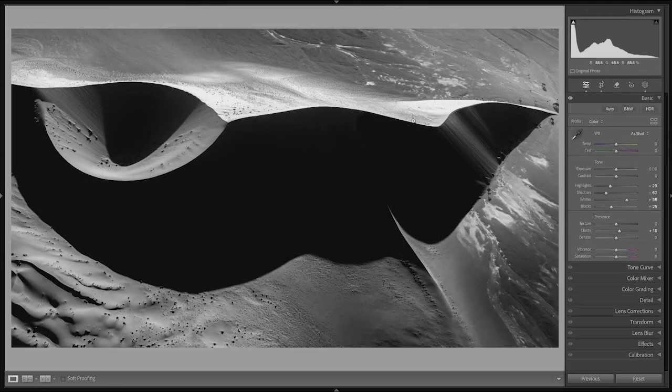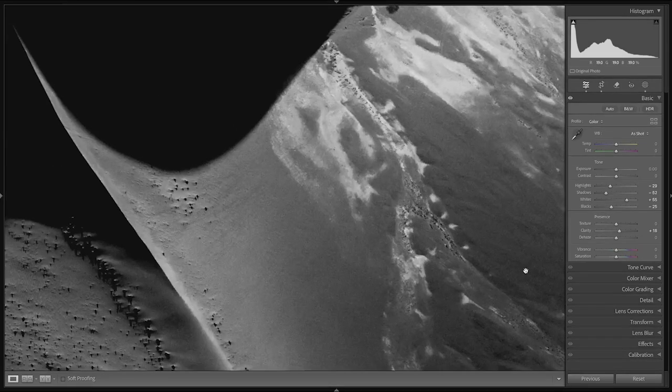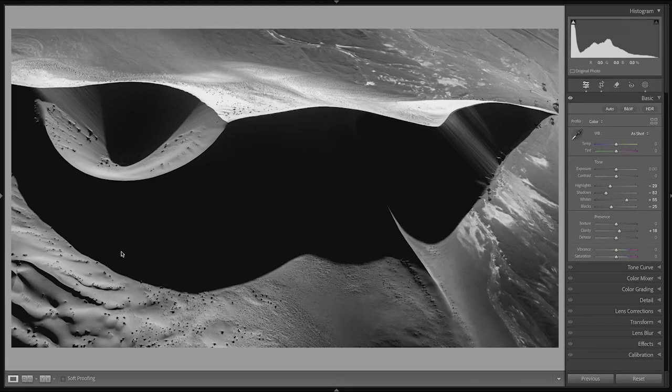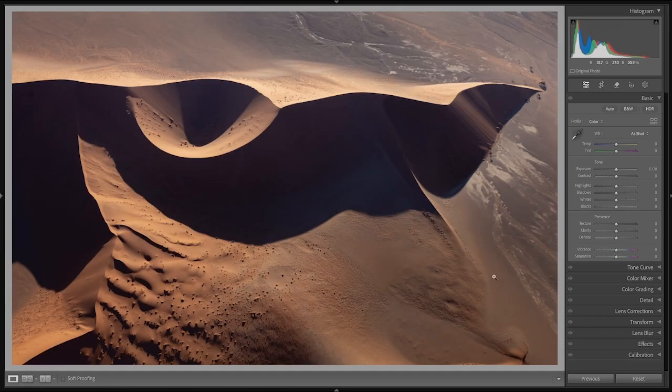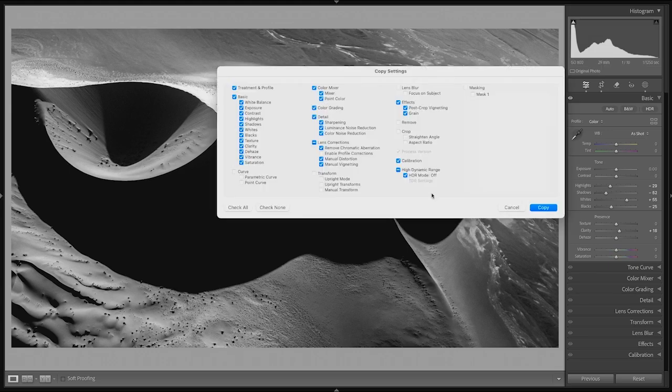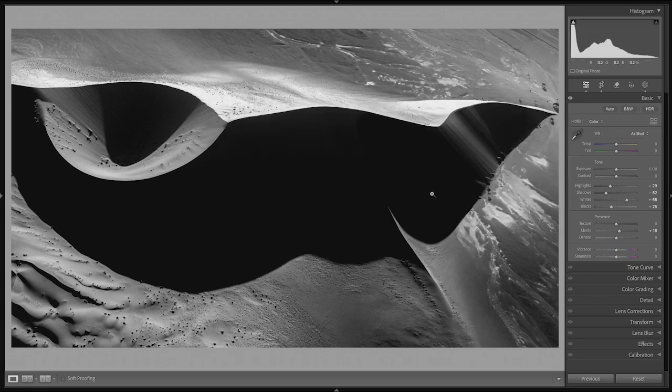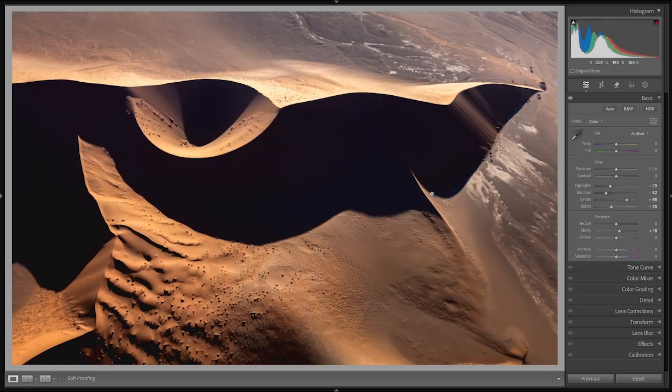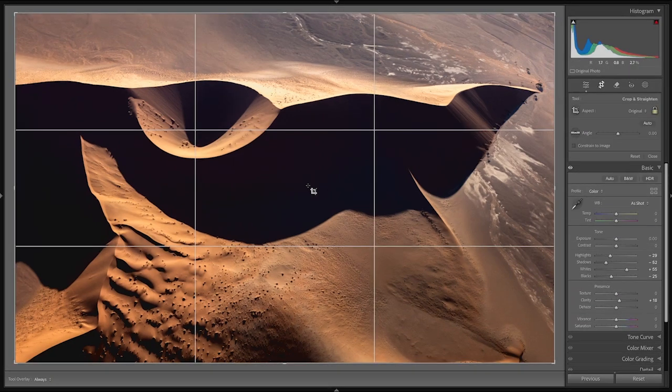Again, pushing your viewer's eyes onto the brighter side of the dune, but also adding a bit more contrast and depth into the surrounding areas. And the same will go for your color image. Let's see if I go and copy these settings. So I did Command C, Command V. Oh, it actually does, strangely. But it's because it's not the raw file. That's why it doesn't take it into